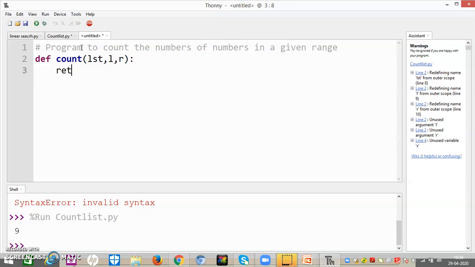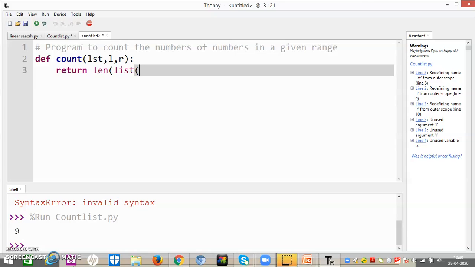Now in return, what I am going to do is length of, now I have used the length function. What is the length function doing? The length function is giving us the real number of elements. Now list, now I will put all the formulas inside it.